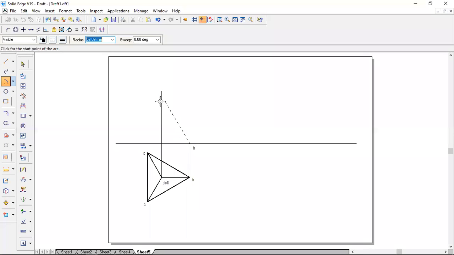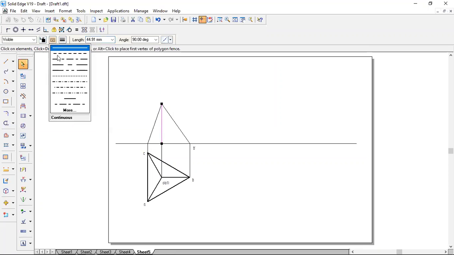So B dash O dash can be obtained by taking the length of 55 mm and drawing an arc. Here is the intersection point of this arc. From this arc to this end point B, we need to draw the projections once again from here to here, then join to here. So now we got the axis height. You trim the extra lines, and this represents the axis line.